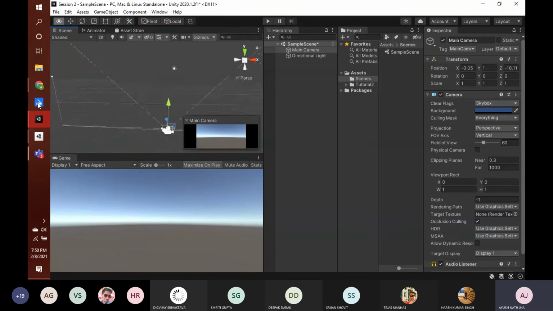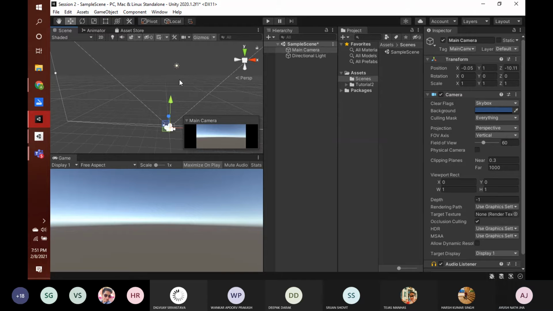Actually, let me tell you how you can move around. If you want to pan the camera, like if you want to stay in the same place but rotate around, you just need to click and hold your right mouse button, and then you can move your camera like this. Okay, you can try it out. Is this working? Yes, sir. Yeah, so you can move around like that.